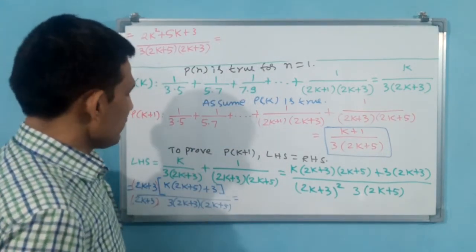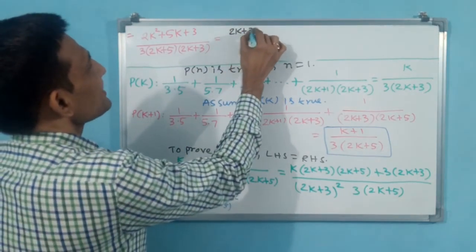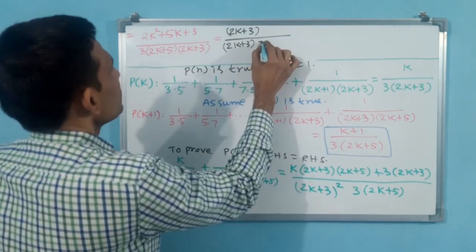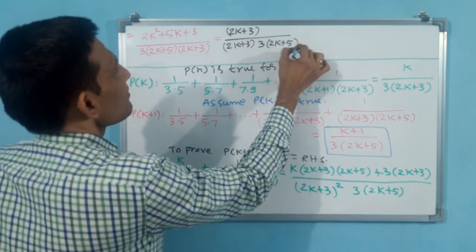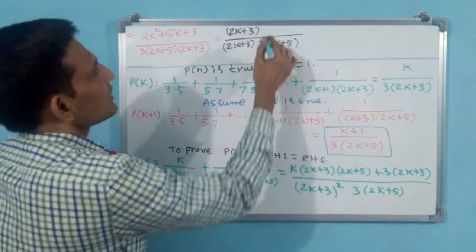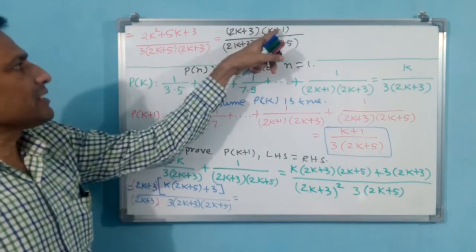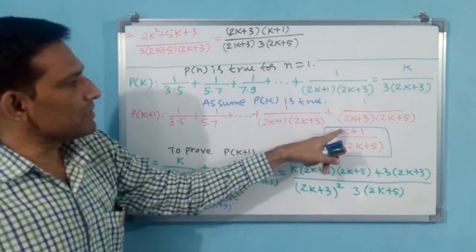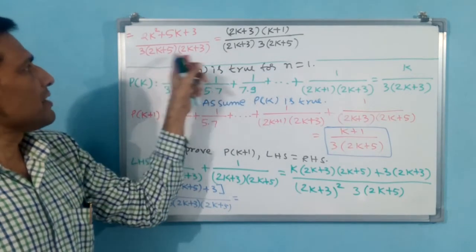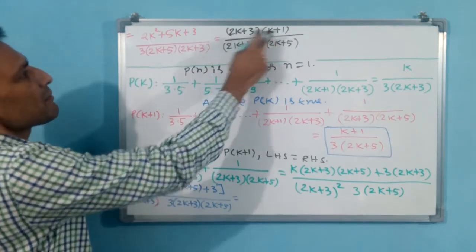You see, carefully observe now. 2k plus 3 I want to cancel, which means in the numerator I have to write 2k plus 3 divided by 2k plus 3 into 3 into 2k plus 5 also I am writing. You see, these two get cancelled, but finally what has to come? k plus 1 has to come. You write k plus 1 also. Okay, now these two are going to get cancelled and k plus 1 by 3 into 2k plus 1 will come. The denominator is the same, but in the numerator, in place of this, we have written this. Now you check whether after multiplication this